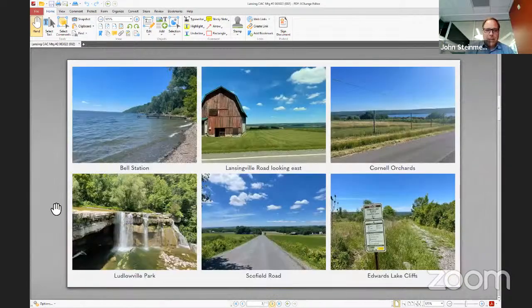Extremely gracious and knowledgeable tour guides. And these are some of the sites we saw. I mean, obviously your residents, you know what your town looks like and how beautiful it is in every direction.